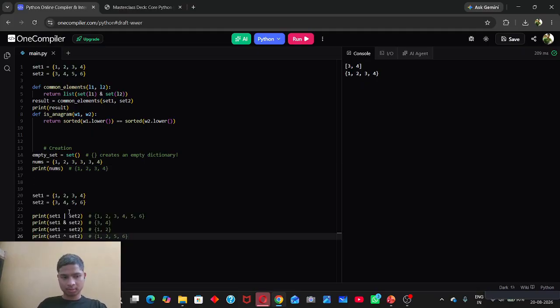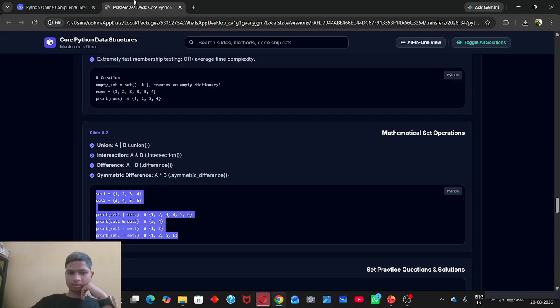set 1 and set 2. In set 1, we have 1, 2, 3, 4, and in set 2, we have 3, 4, 5, 6. And here we are printing set 1. We are printing first of all the union, then we are printing the intersection, and the difference using the negative sign, that is A minus B, finding the difference of A and B. And then we have a symmetric difference,